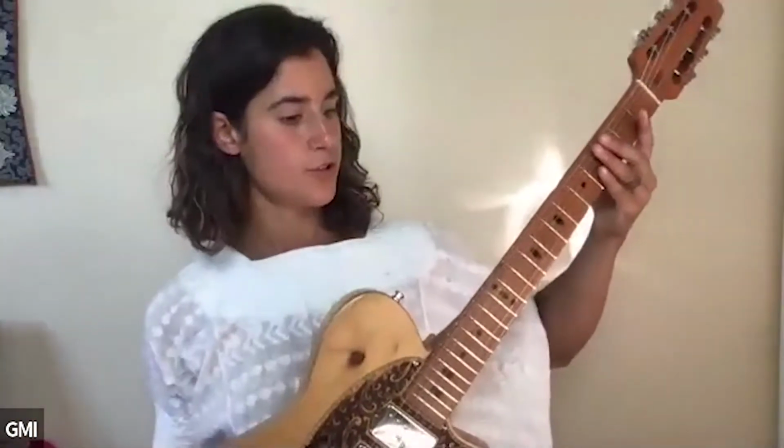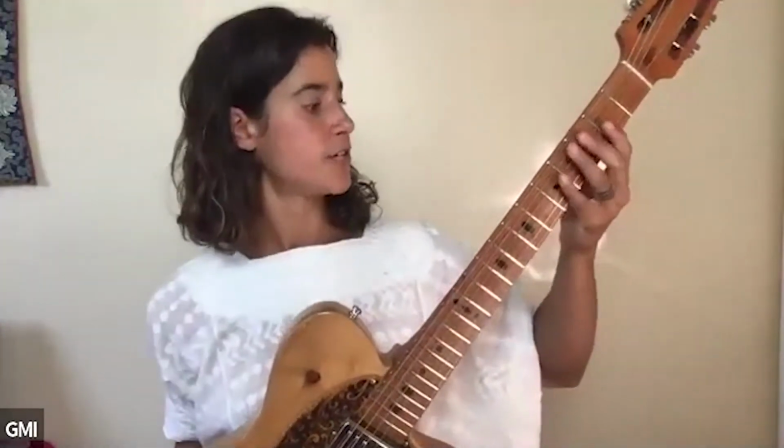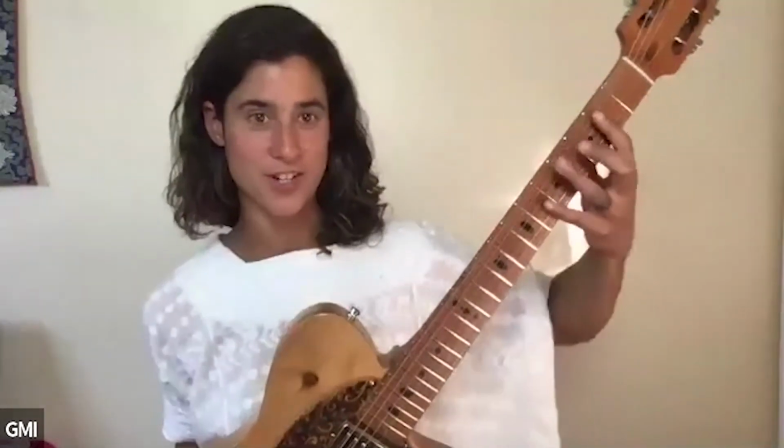With the classical position, where I have the neck a little bit higher and a little bit closer to my body like this, rather than sagging down, I'm able to have a more healthy wrist position, and I don't have to angle it so much to get to my different chords. So working with your posture and then just working with the awareness of how you're fretting the notes,